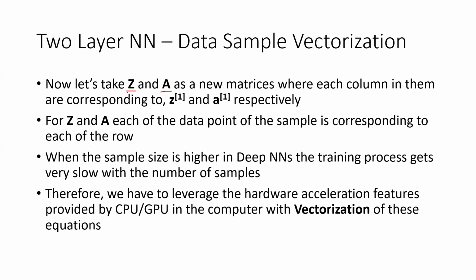Right? Actually, you can now get some intuition, right? So this capital Z is the extension, a generic form of simple Z, right? So this capital A is actually an extension of simple A, right? So you'll see what they are. So now we are defining two matrices where each column in them corresponds to Z1 and A1 respectively. Right? So if you take a capital Z matrix,